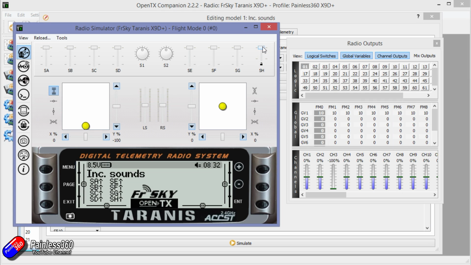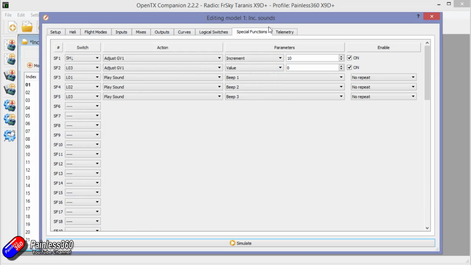So there's logical switch 1, there's logical switch 2, and logical switch 3 comes on briefly before going off because the global variable is set back to 0 and we're back at the start again. Okay,